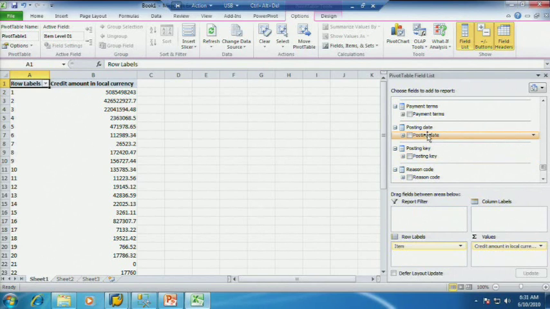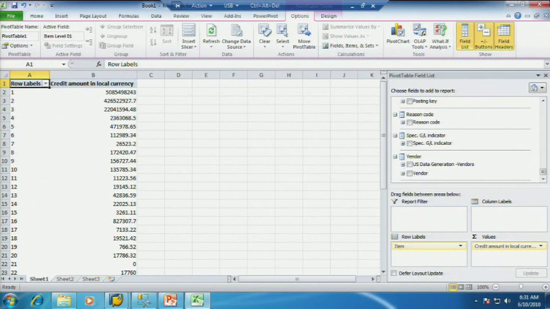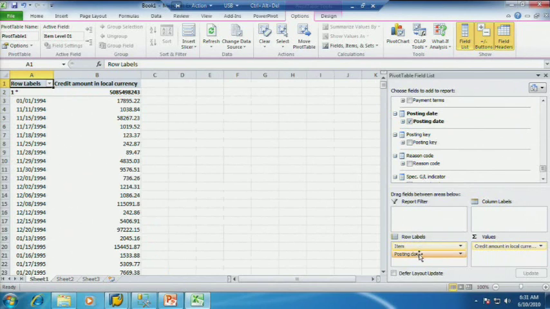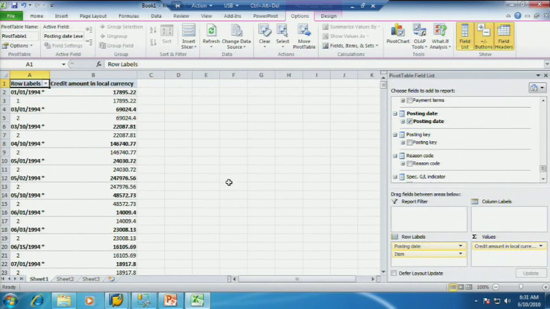Oops. And of course, each time that I'm doing this, it's requerying the data. I'll put posting date first, just so you can see that the